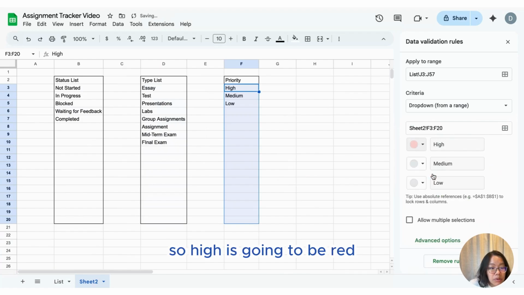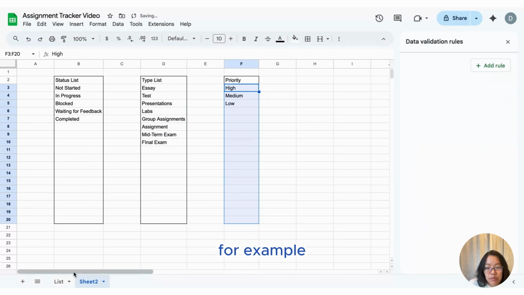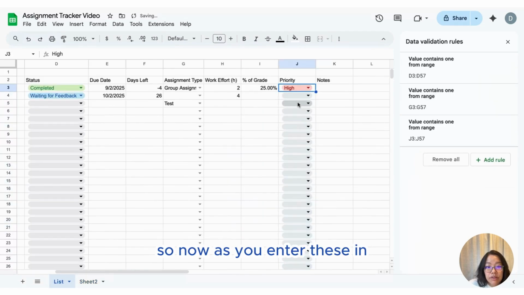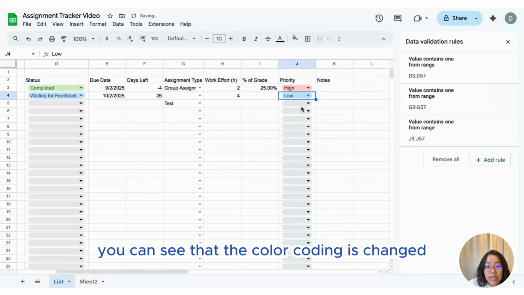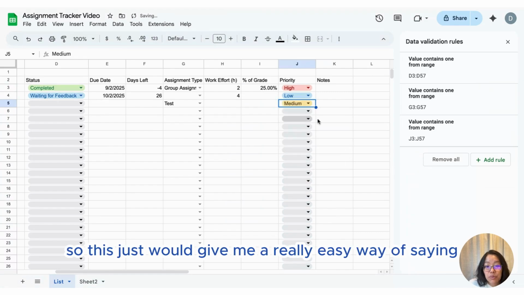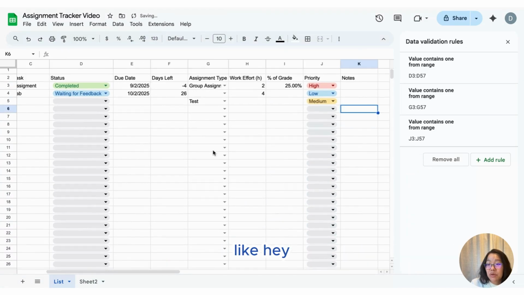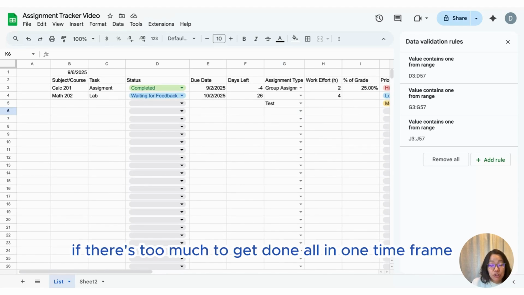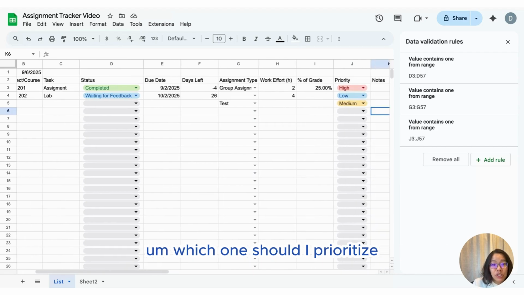So high is going to be red. Medium is going to be, you can't really see that very well. And then low is blue, for example. So now as you enter these in, you can see that the color coding is changed. So this just would give me a really easy way of saying like, hey, what is due? What's coming up? What do I need to look out for? And based off priority, if there's too much to get done all in one time frame, which one should I